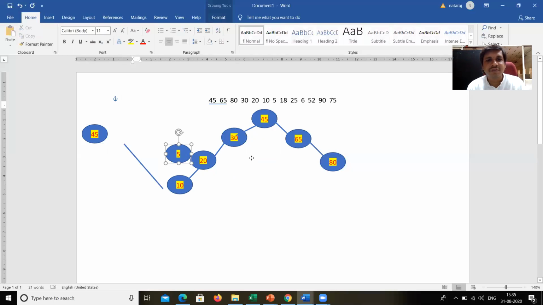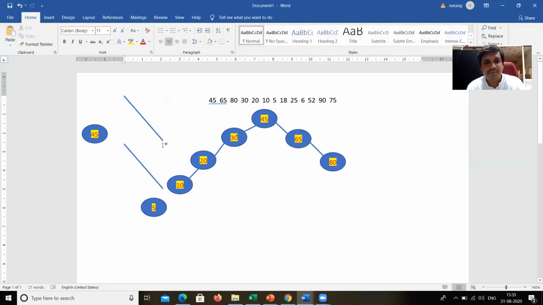Same, 5 is less than 45, 5 is less than 30, 5 is less than 20 and 5 is less than 10. So it goes to the left of 10.